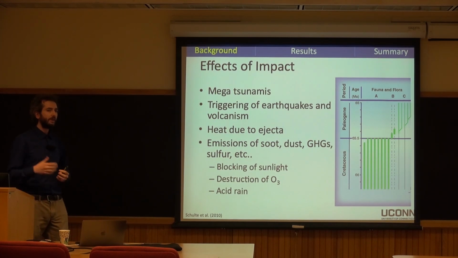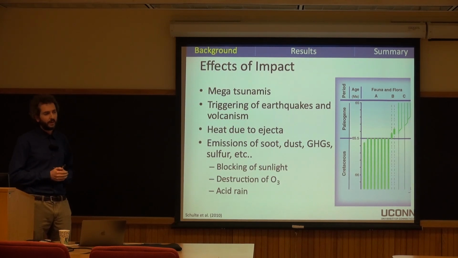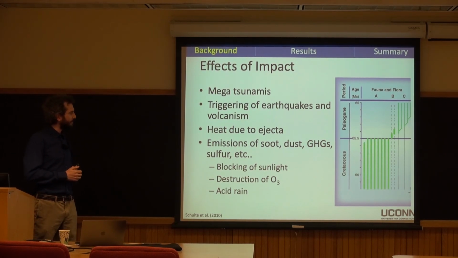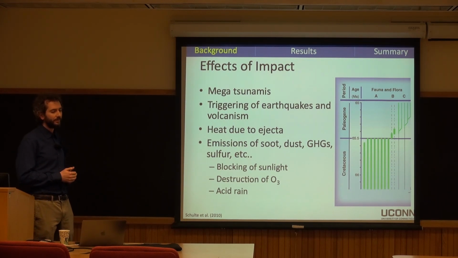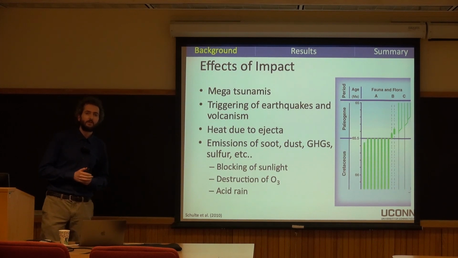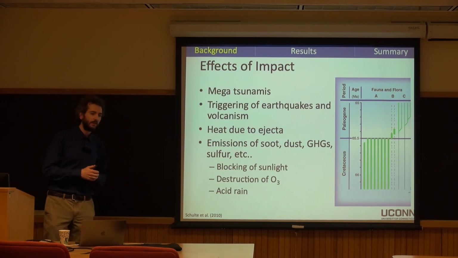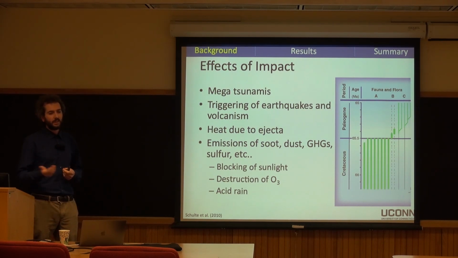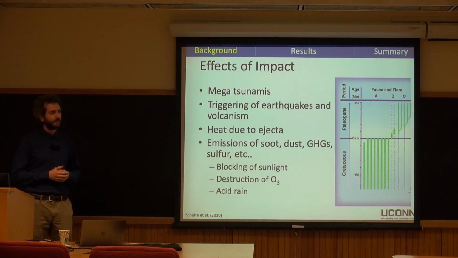And so there would have been mega tsunamis associated with this, reaching well into the interior of North America, and there's some evidence for that in sediment beds. It also would have triggered extreme earthquakes and volcanism. In fact, there have been some recent hypotheses put forth that the Deccan Traps volcanism actually could have been invigorated by this impact, transferring the energy through the Earth and leading to increased volcanism, kind of a 1-2 punch hypothesis for leading to the extinction.